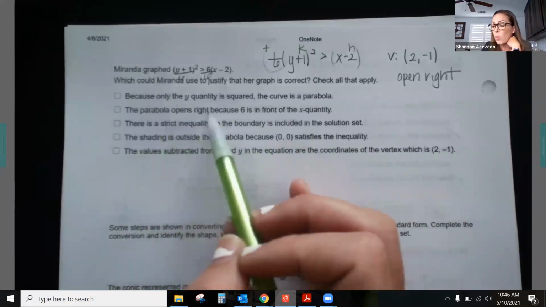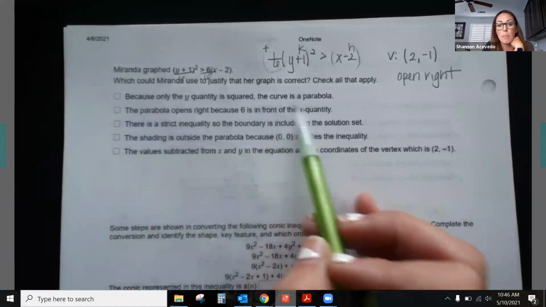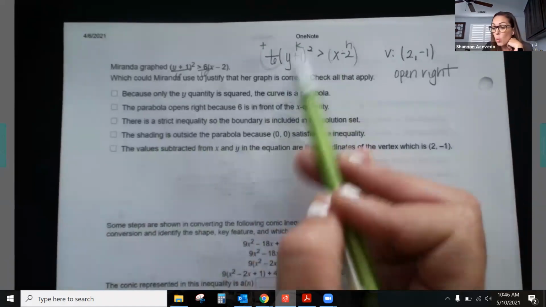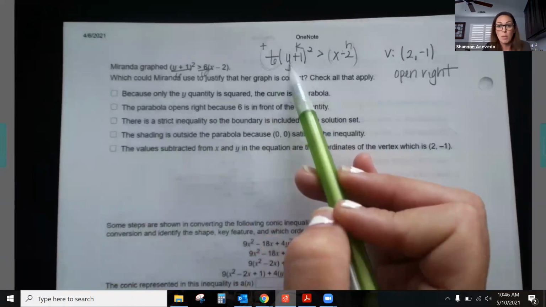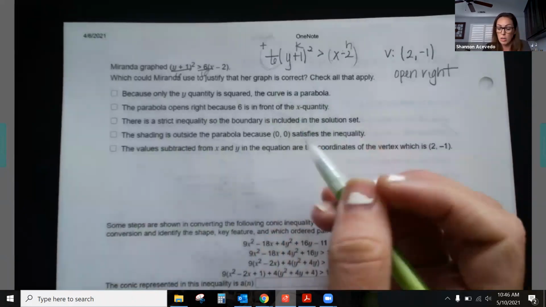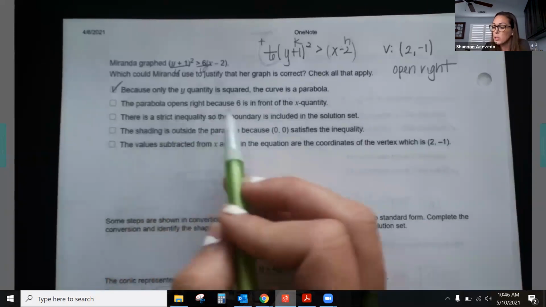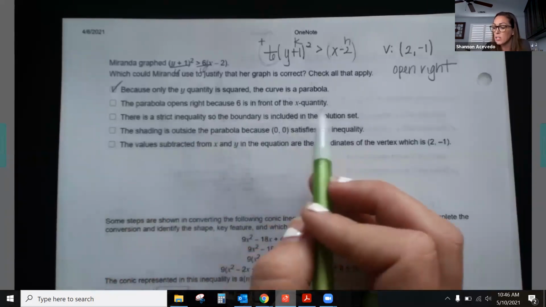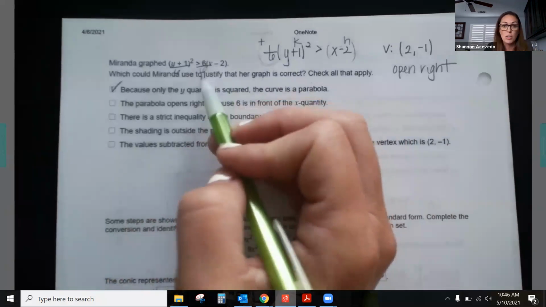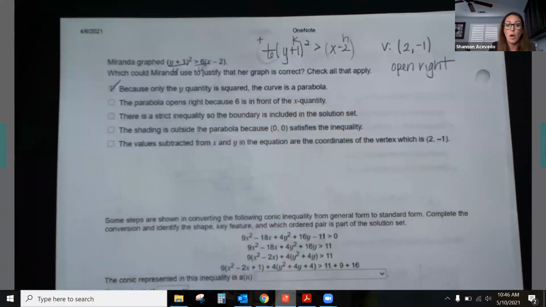Because only the y quantity is squared, the curve is a parabola. Yeah, because only the y is squared, we know it's going to be a parabola. It only has one square term. True. The parabola opens right because 6 is in front of the x quantity. So that's where they had it originally. But yes, it's still going to open right because